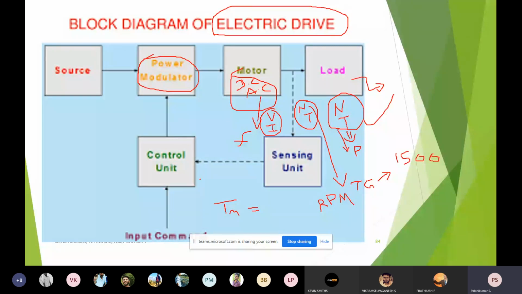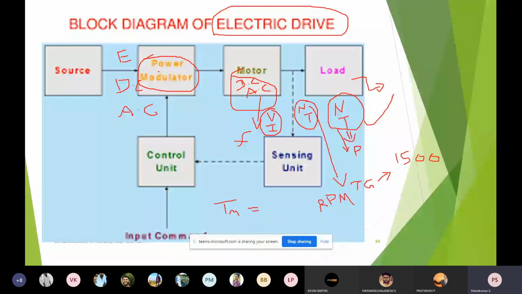What the control unit really is, I said, is a power modulator. The power modulator is nothing but this: whatever the energy source may be, whether an electrical source or any generating unit, or a renewable energy source, whatever it may be, it is converted to electrical energy here. I can say only that electrical energy is provided, but it may be of any form. It may be DC, variable DC, AC, or a pulsating DC, any form.